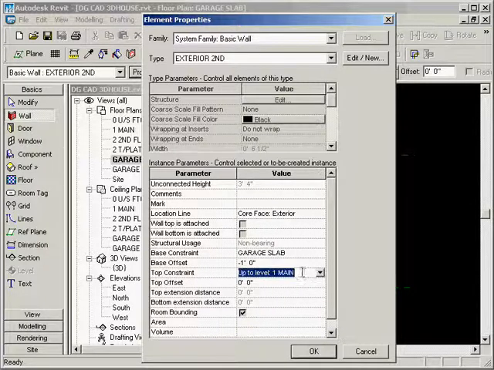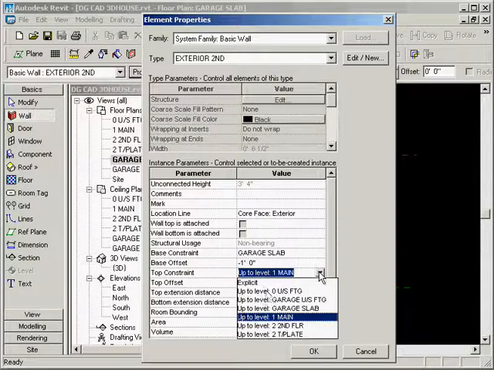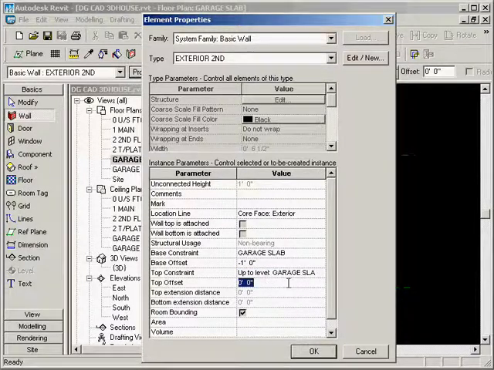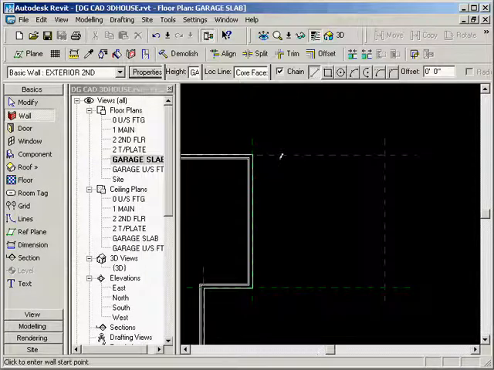Top constraint is going to go up to the garage slab, and offset by 9 feet. And what that will do is tie the top of the wall all into that garage slab. So that way we can move our garage slab level and all of that will update. So we'll try that out. We'll hit OK. And now we'll start to face of core exterior is fine, and we'll start to